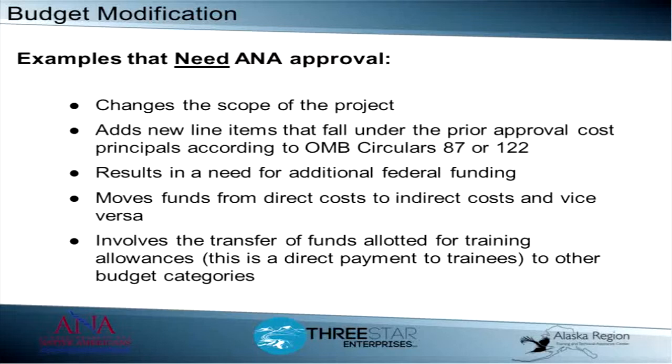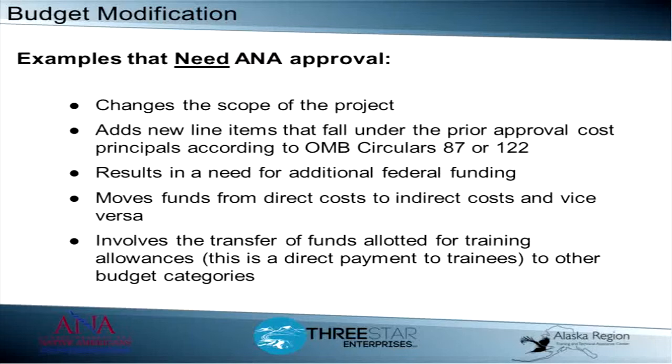It used a different type of equipment, which was modified. They modified their work plan and worked with their program specialist to get the changes approved. Please note that this is an example of how ANA is willing to work with grantees when things come up that are beyond the control of the grantees. And they work with them to allow them to finish the proposed project, but this is an exception, not the rule. Changes of scope for a project are very rare.